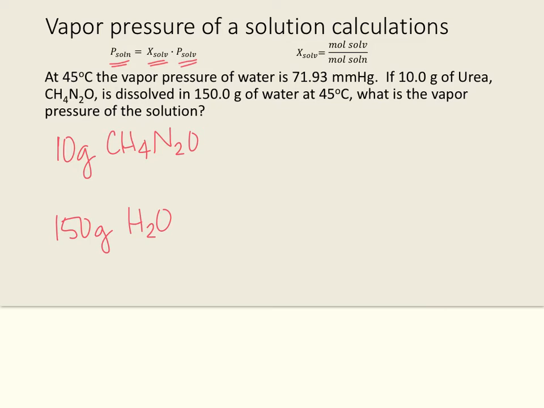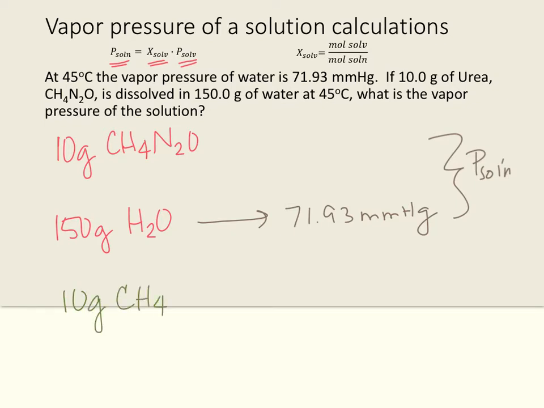And it says that the vapor pressure of pure water, so this by itself at 45 degrees Celsius, is 71.93 millimeters of mercury. And we want to know what the vapor pressure is of this total solution, mixed together. So the first thing I have to do is turn these masses into moles. So I've got 10 grams CH4N2O,